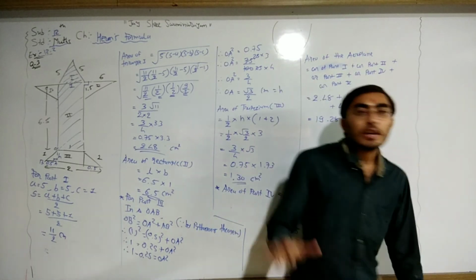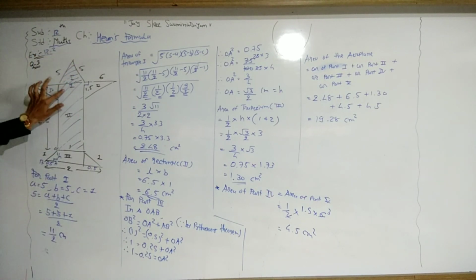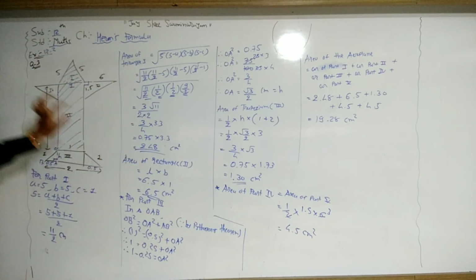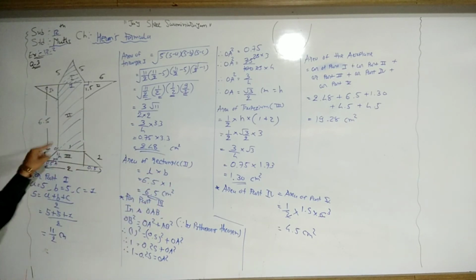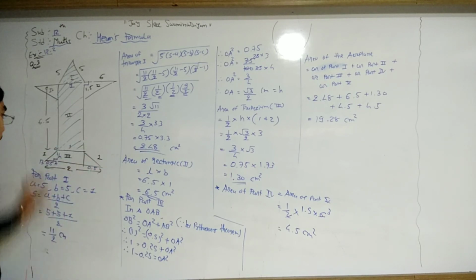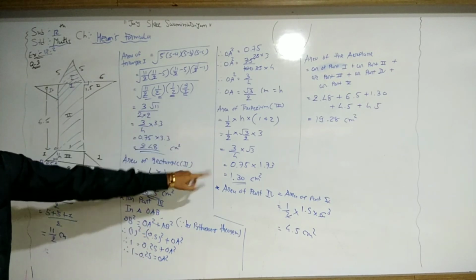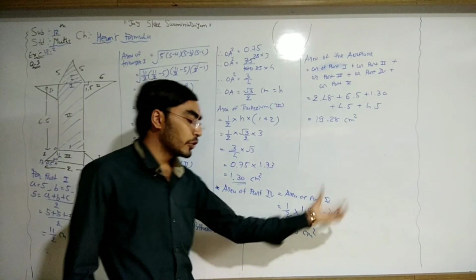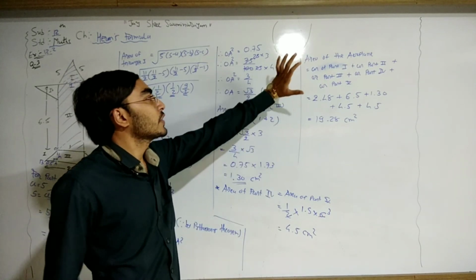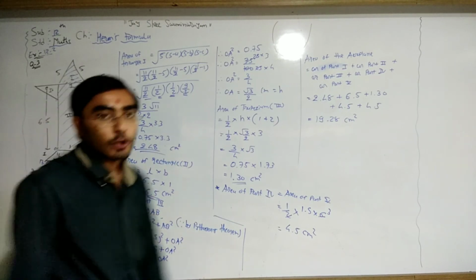Okay, so one by one we need to find the area of all these parts. In the first part we use Heron's formula. The second part is a rectangle, so length multiplied by breadth. The third part is a trapezium, half into height into the sum of the parallel sides. Here we do not have the height, so we find it by using the Pythagoras theorem. After that we use the area of the trapezium. Then parts 4 and 5 are both right angle triangles, so half into base into height, and finally addition of all the parts. From that we get the area of this aeroplane.